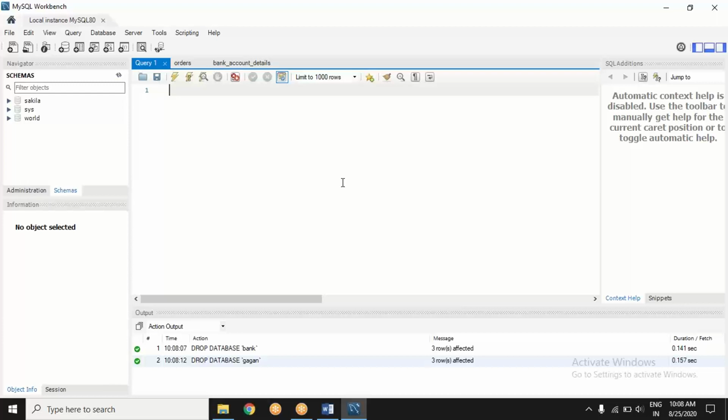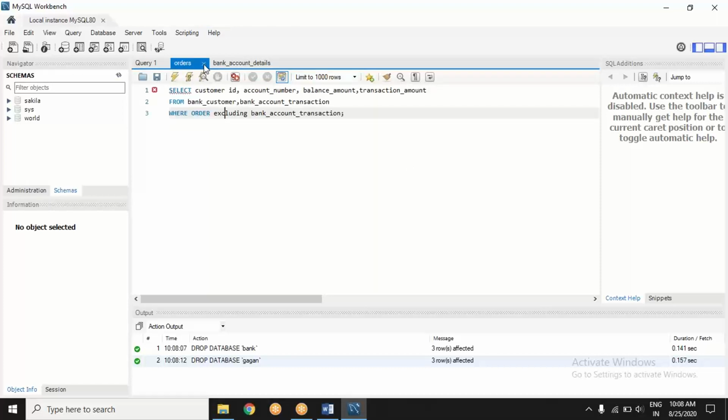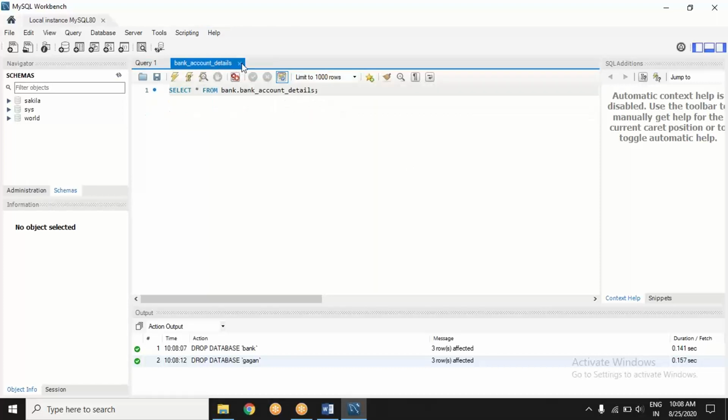I hope everybody can reach this type of screen. So this is your MySQL Workbench in place.